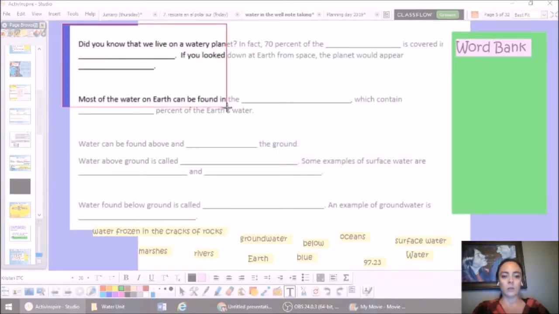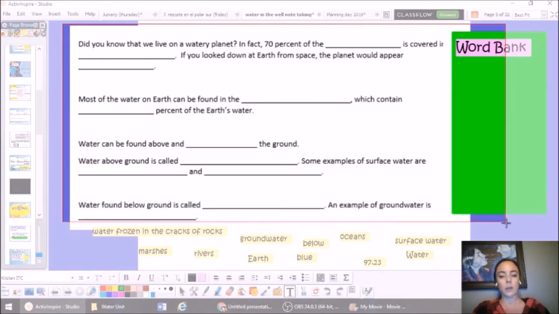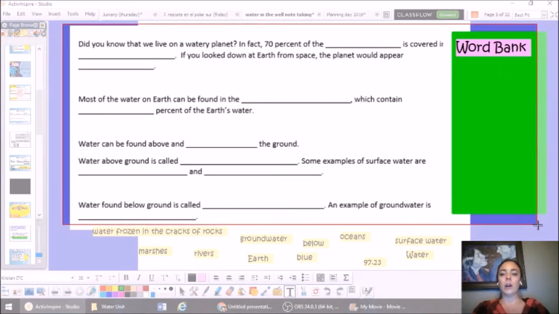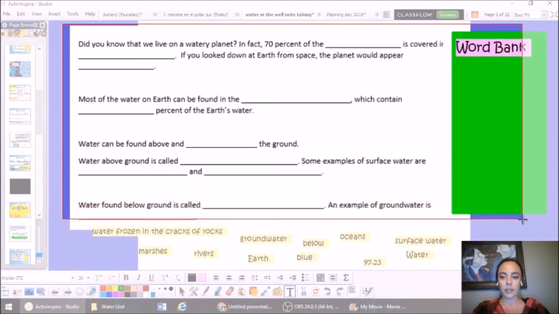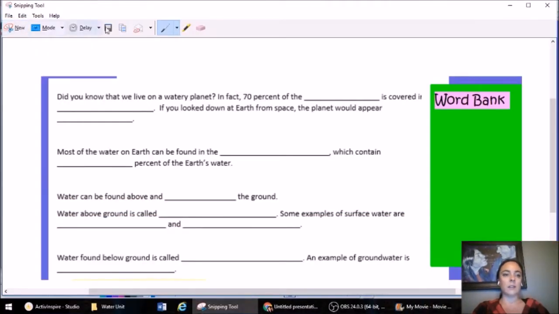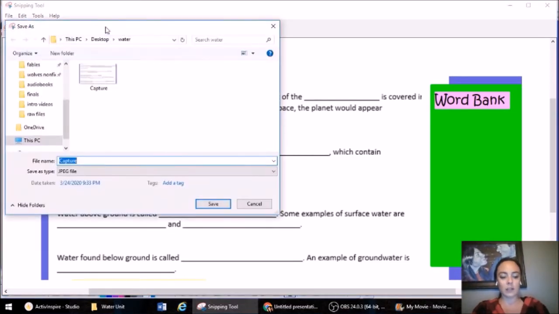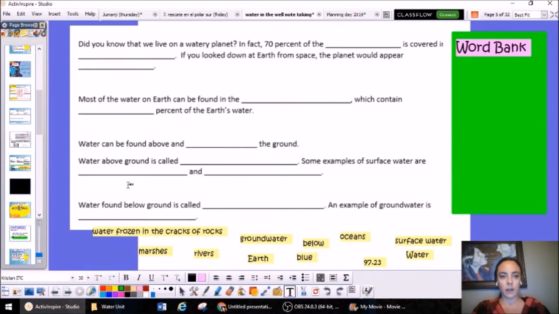I am keeping in mind that Google Slides proportions are 16:9, which just means that it's almost twice as long as it is tall. So I like it when my images are longer than they are tall, and it's not a square and it's not portrait, but landscape. So that's fine. And then I need to save it, and this could get a little cumbersome to be saving things, but I think if you do it ahead of time, it can save a lot of trouble in the long run. So I save it as a JPEG file,